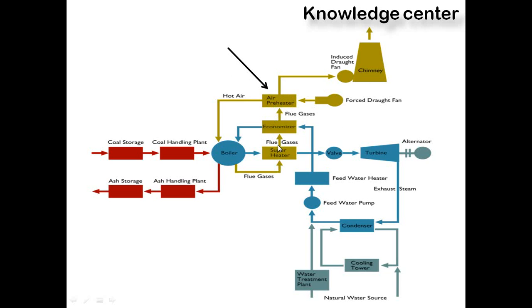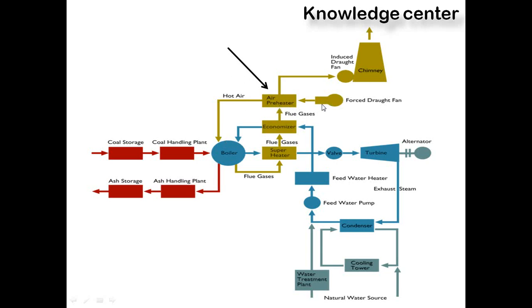In the previous video I explained the economizer, and how it uses the flue gases to heat the water. Now the same flue gas passes through this economizer and comes to an air preheater. In this air preheater, the heat of the flue gas is absorbed, and the air developed by the draft fan gets heated up, and that hot air will be given to the boiler.